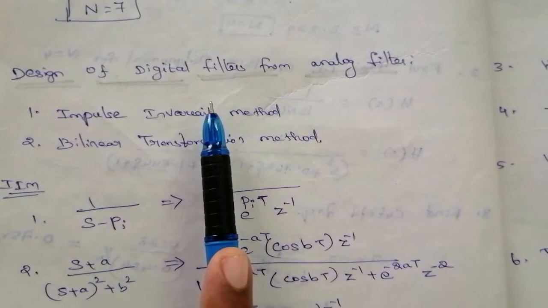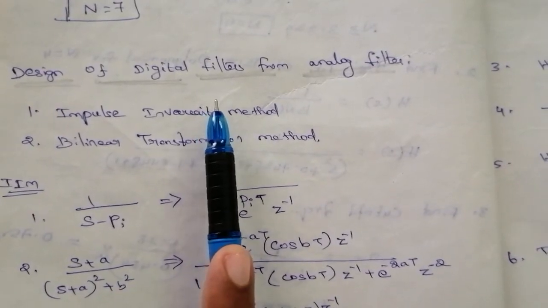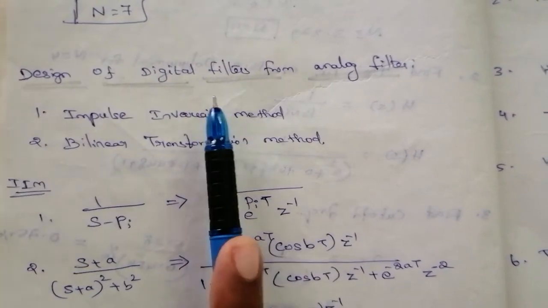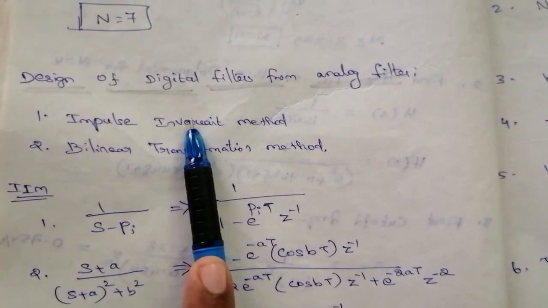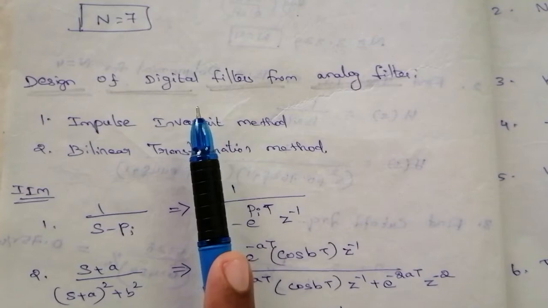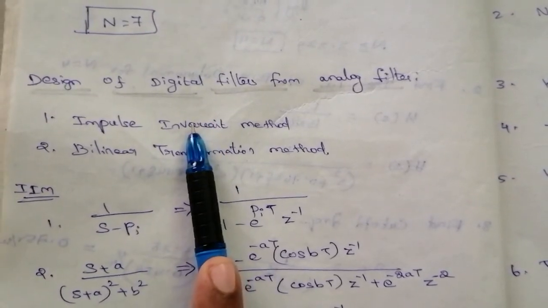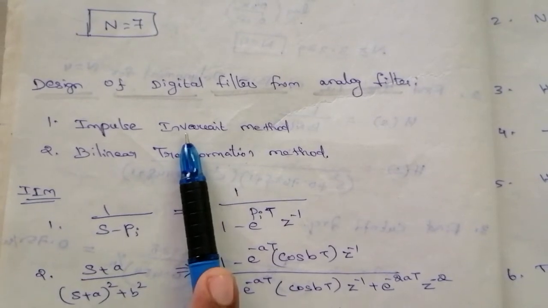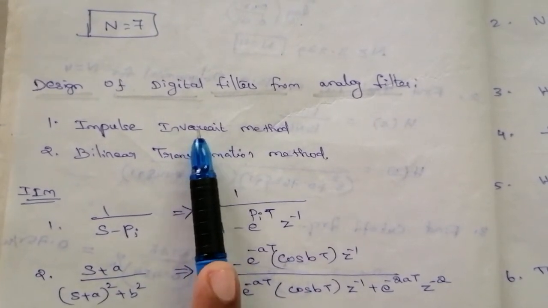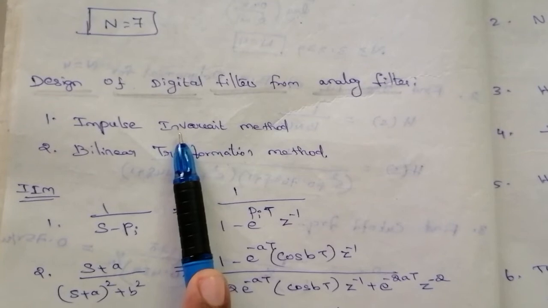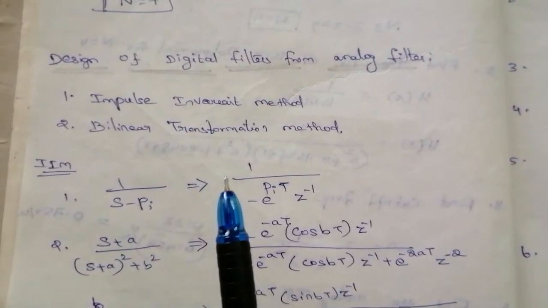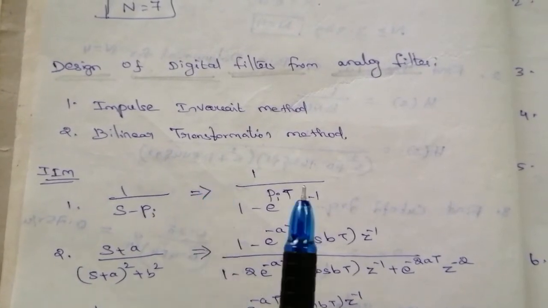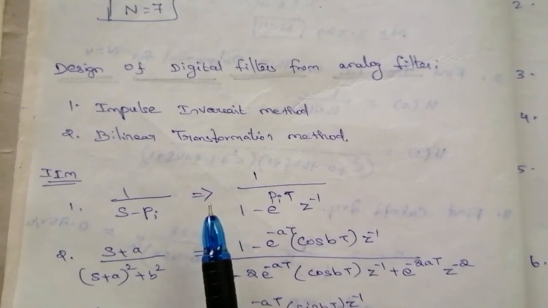Both the methods are same, that is both models have 5 steps. The only difference is formula, right? First step is given specification, next step is apply the formula and get the n value, next round off to the higher integer, then write the H of s by using the Butterworth polynomial with the help of order. Then find the cutoff frequency. Finally, substitute s equal to s by sigma c in H of s. We get Ha of s. That is the final analog Butterworth filter.